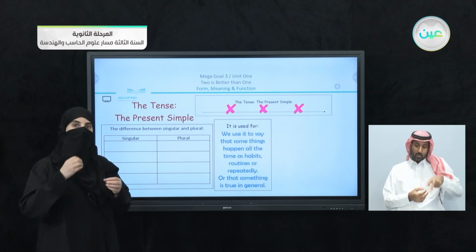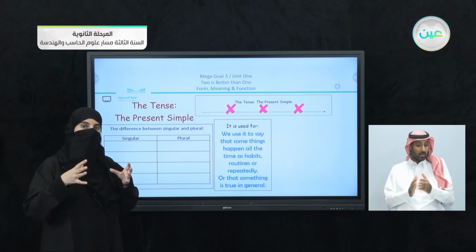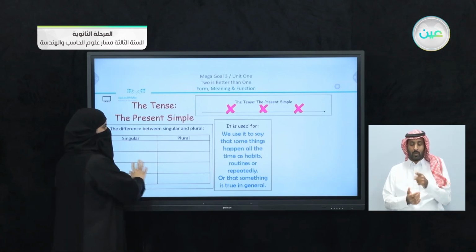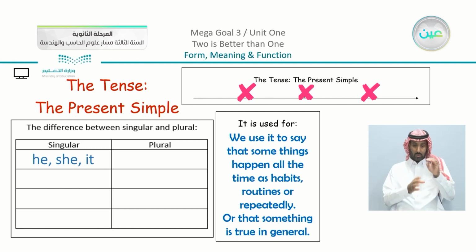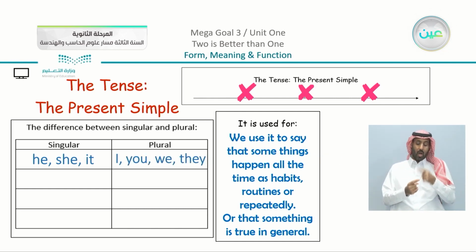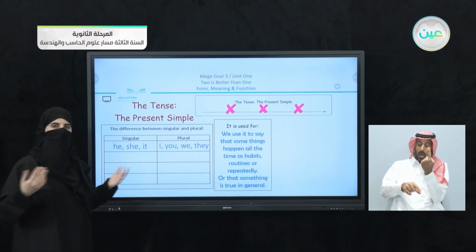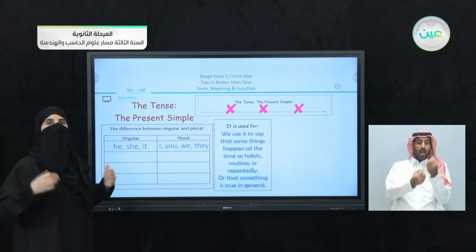Is it something that is concluded one time or at a specific time? No, it is something that happens all the time. So we have here the present simple as a structure. Now the table is divided between singular and plural. I started with the singular. You can see that we have the pronouns he, she, or it, which can be a name. As for plurals, we use I, you, we, and they. We're going to see the difference. What is the difference? We have the present simple, but I'm going to just differentiate between the singular and the plural.